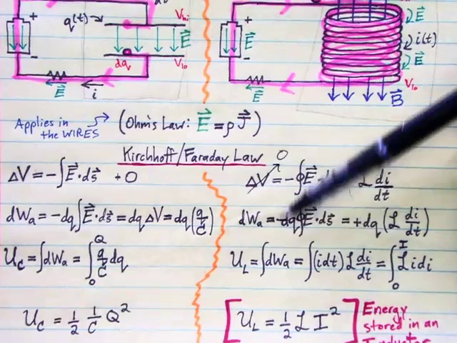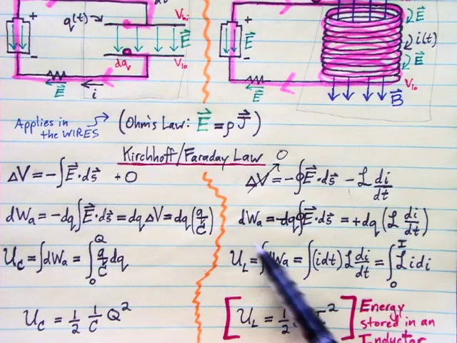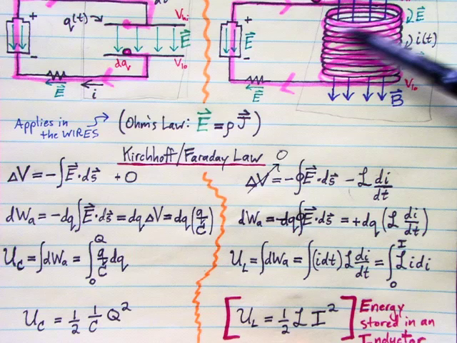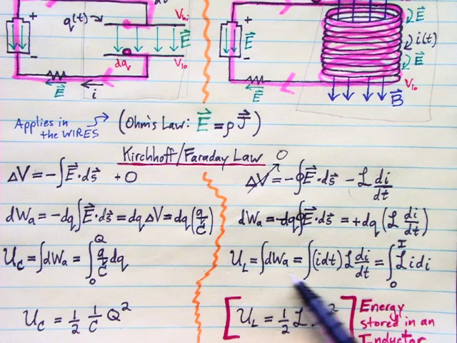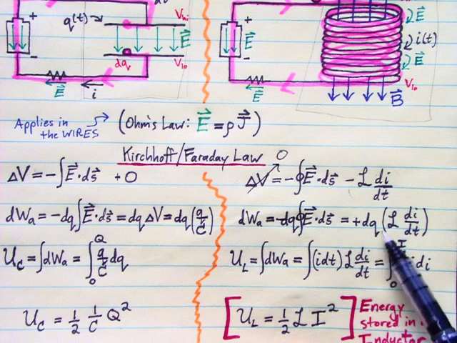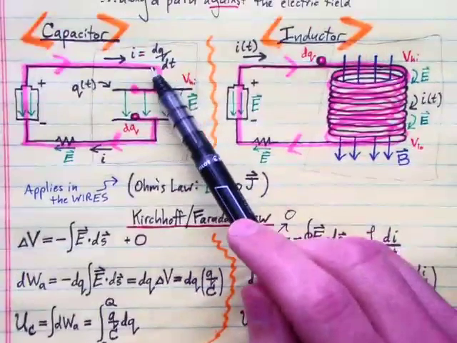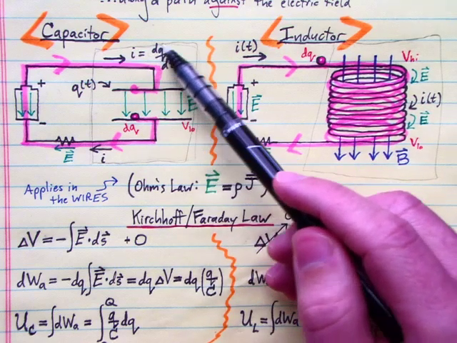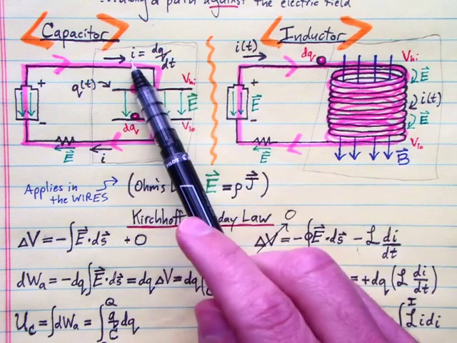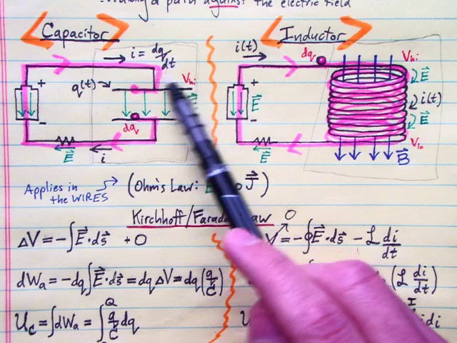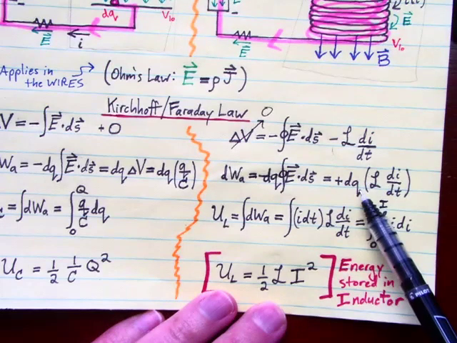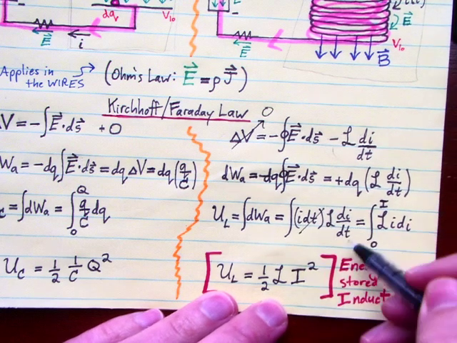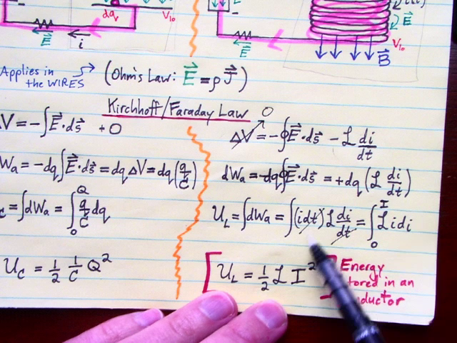Now, over here, we're going to add up all the work it requires to push charge through this coil. So adding up all those dWs, I'm going to take this dq, and since our current is dq dt, then dq equals I dt, a small amount of charge passing by a point equals the current passing by that point times the small amount of time that elapses. So this dq is I dt, and here I can say our dt and dt cancel, so we're left with